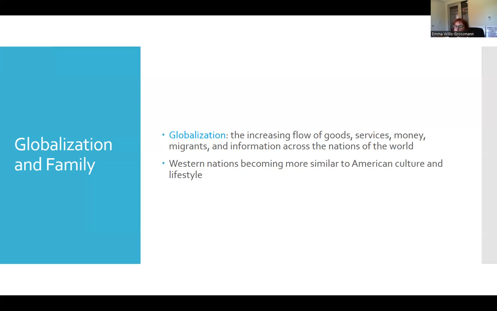interact. So, for example, in developing countries, the job market, especially for women, has increased as new factories or new job opportunities have created more economic independence for these women, and it's changed the rate of marriage in those countries. During my undergrad, I worked on a project that examined how globalization was changing the relationships between parents and children in Thailand.